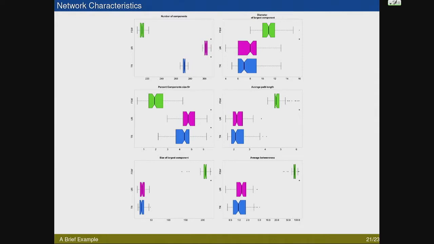And you can see that you get very different network structures if you assume that there are these highly connected women out there, including having much bigger, larger components, much more betweenness, and many fewer components in general, meaning more people are all connected under that